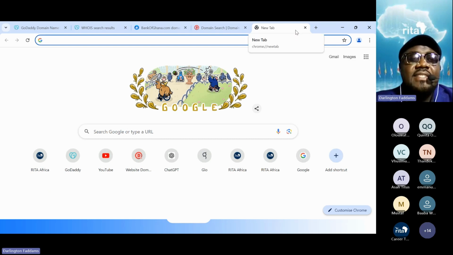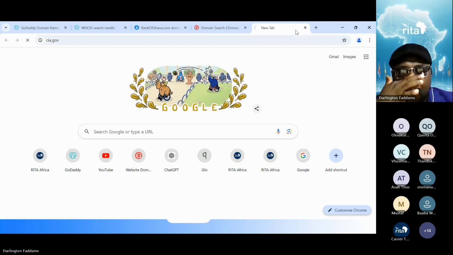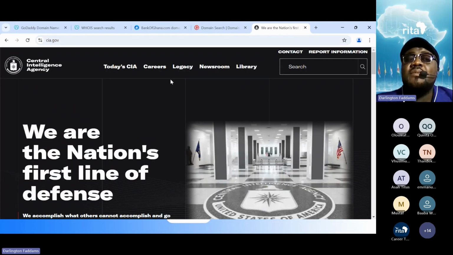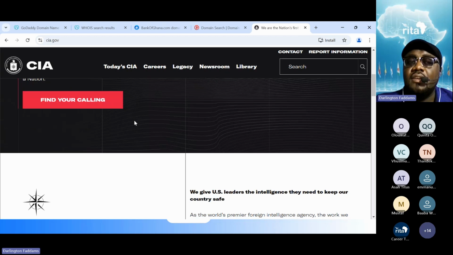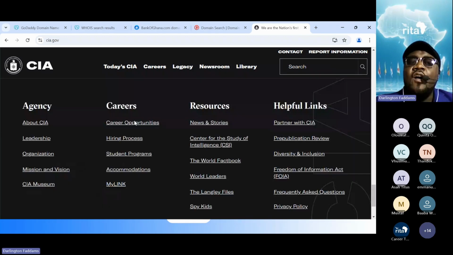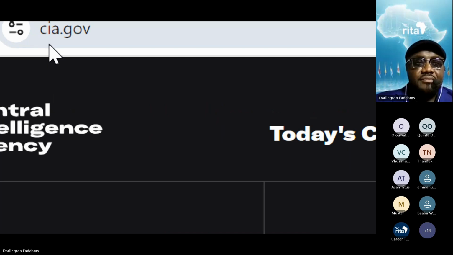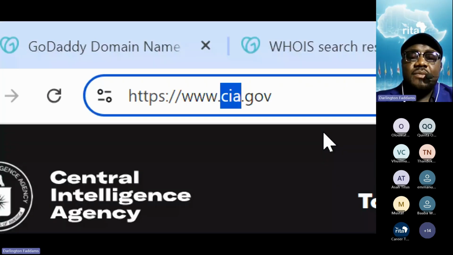For example, let's say CIA.gov. Let's see. CIA.gov, Central Intelligence Agency. You have to be a government to own a .gov. In Ghana, all our .govs are .gov.gh. You have to be a government agency or a government institution to own a .gov. As an individual, you cannot own any name .gov. All right. So in the US, we have CIA, we have what?